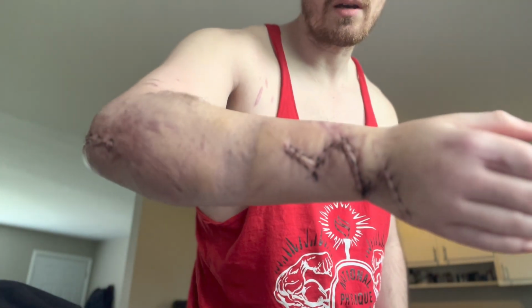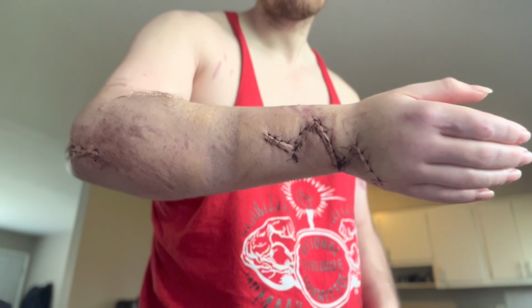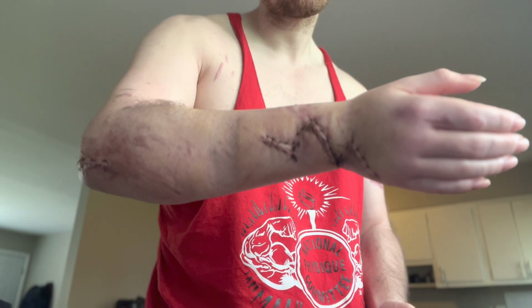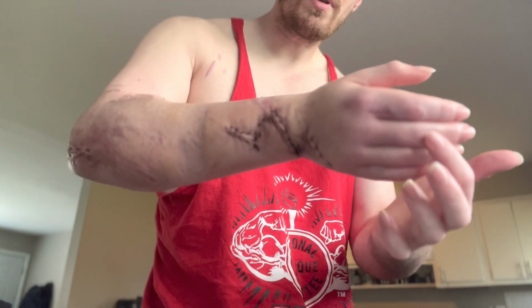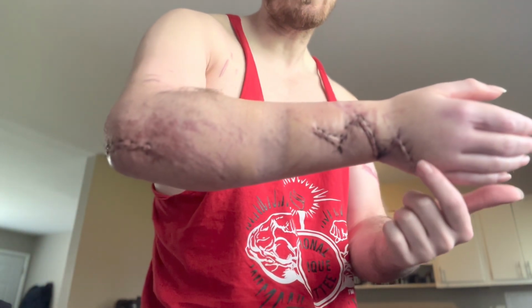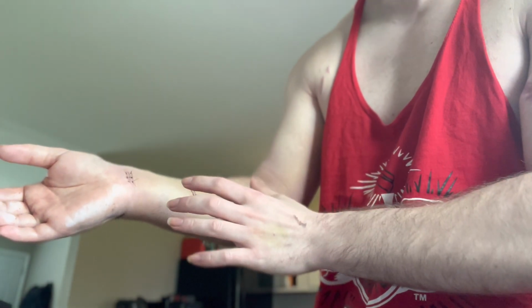So this is the back of the hand and the wrist right here. They had to go through the wrist, repair tendons, and do 3 tendons in the back of the hand. That's going to be the middle, ring, and pinky finger. There are 3 lacerated tendons in this area that they had to repair back in place. And then the triceps tendon was much easier to accomplish, but these incisions here